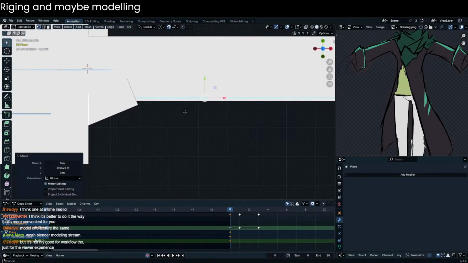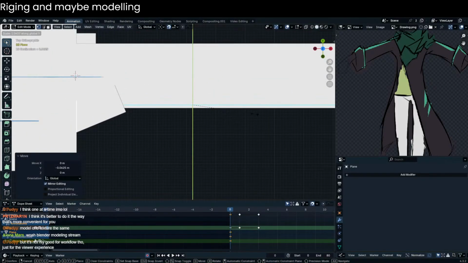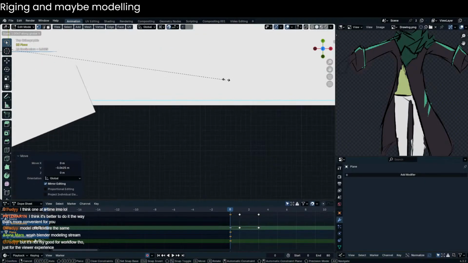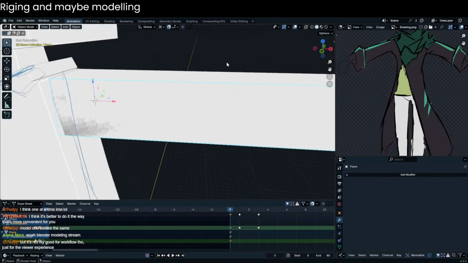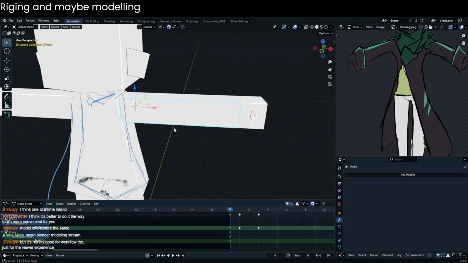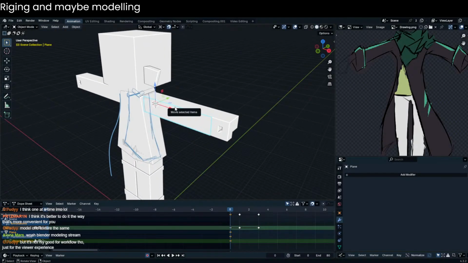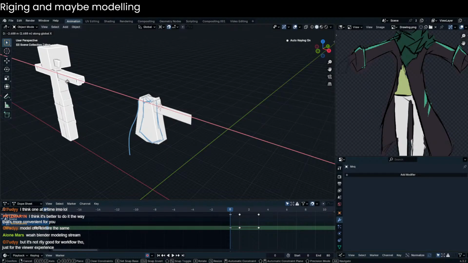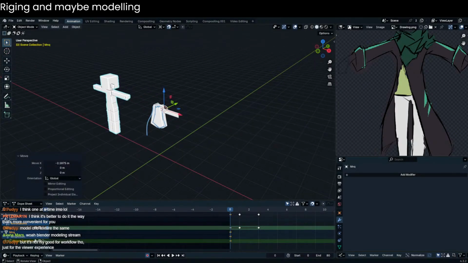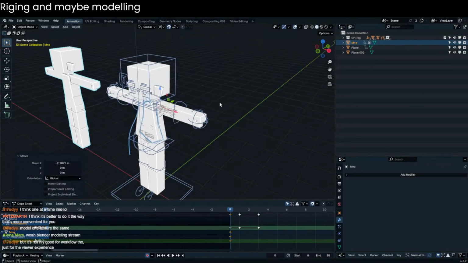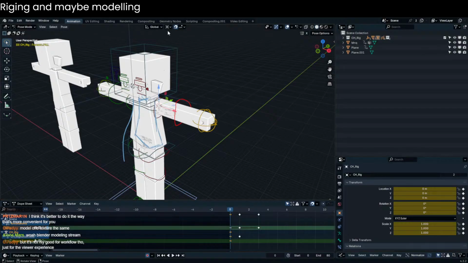Okay, let's snap that here, and then we're going to have to scale this in the y-axis like that. There you go. So here's the thing that's very important, and it's about topology. This is not going to matter now because it's only going to matter with long sleeves. But when you're doing this, I'm going to move the mannequin aside. When you go into the actual rig, and use the rig,